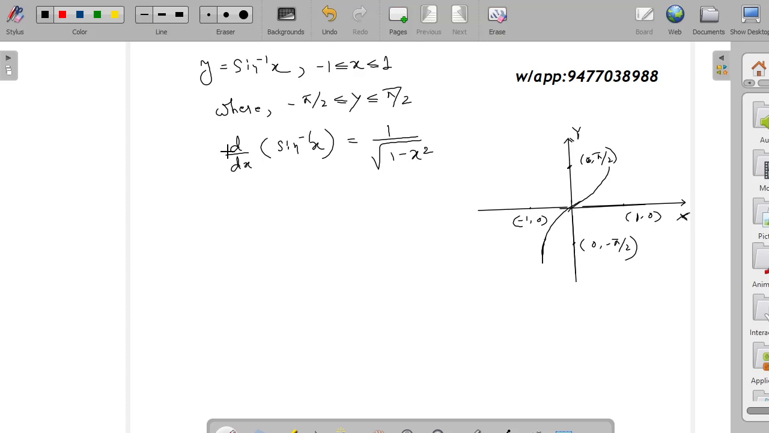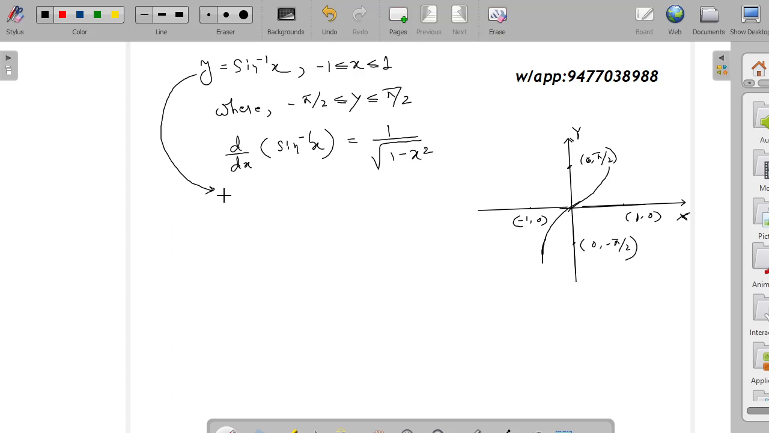We will make use of the graph to derive this result for sine inverse x. d/dx of sine inverse x is 1 over the square root of 1 minus x squared. Now we will make use of this graph to derive this result. Okay, so as y equals sine inverse x, we can write from here